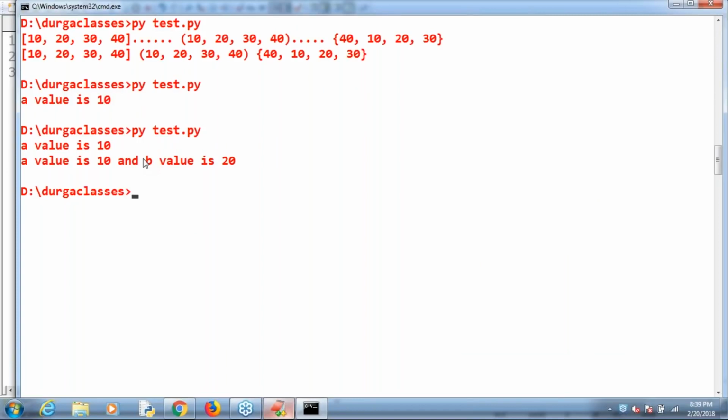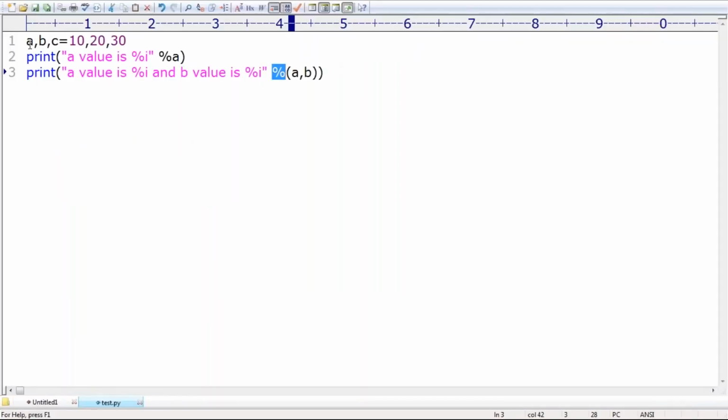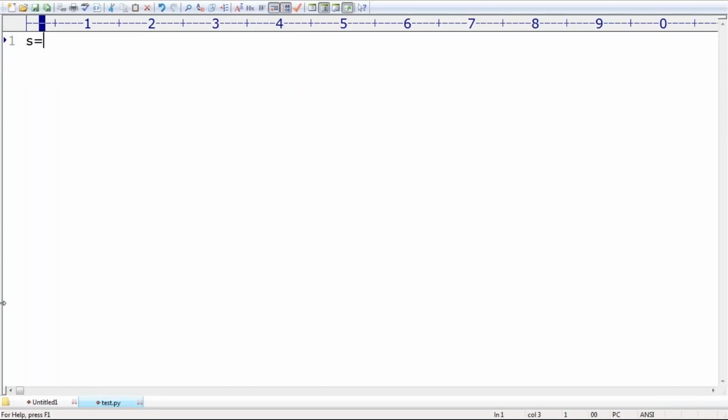Is any explanation required? Okay, that's all. This is what you should be aware of clearly, right? Now my requirement, listen a bit carefully. I am taking name = Durga. Next one after that, l = [10, 20, 30, 40]. Two variables are there: one is string type, the other one is list type.